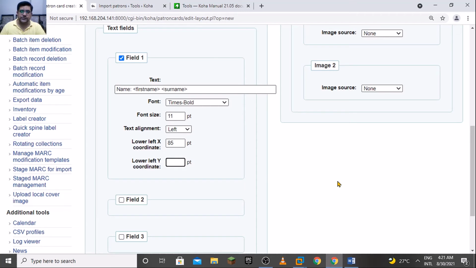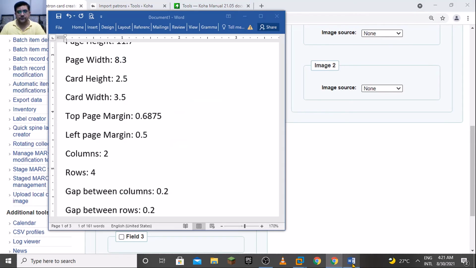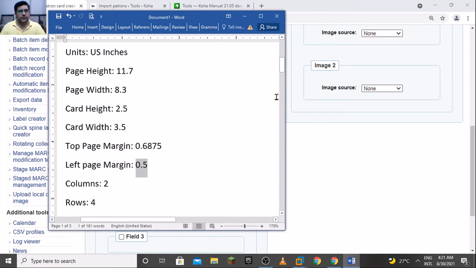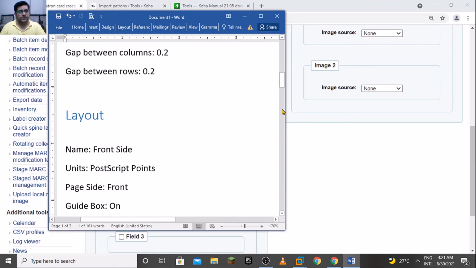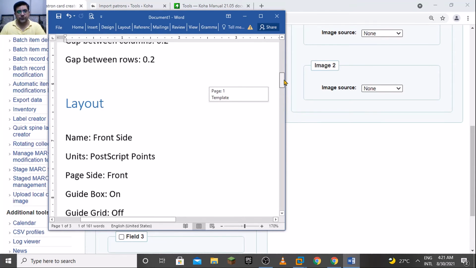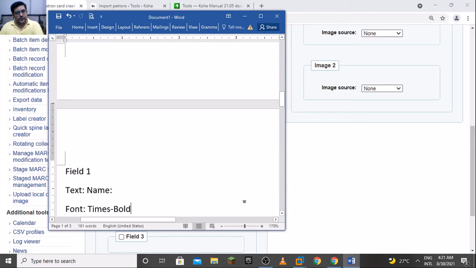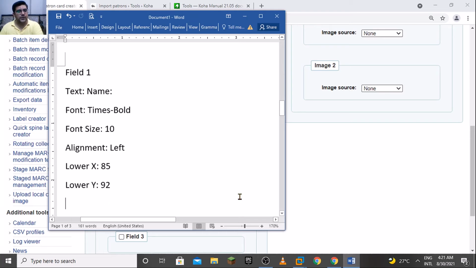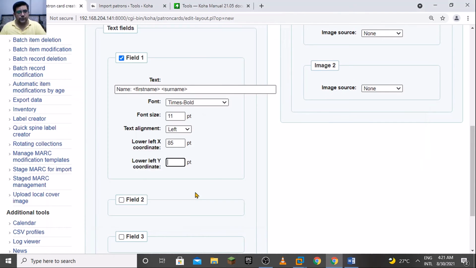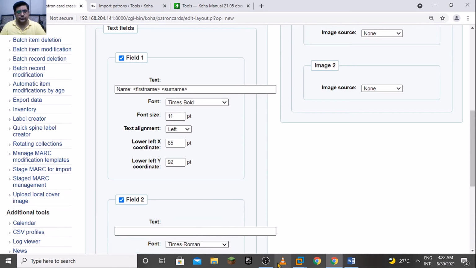So we need this. I have defined some values here, so let me show you. As we have worked on the template, so layout, okay, it's 85 and 82 or 92, and then field 2,